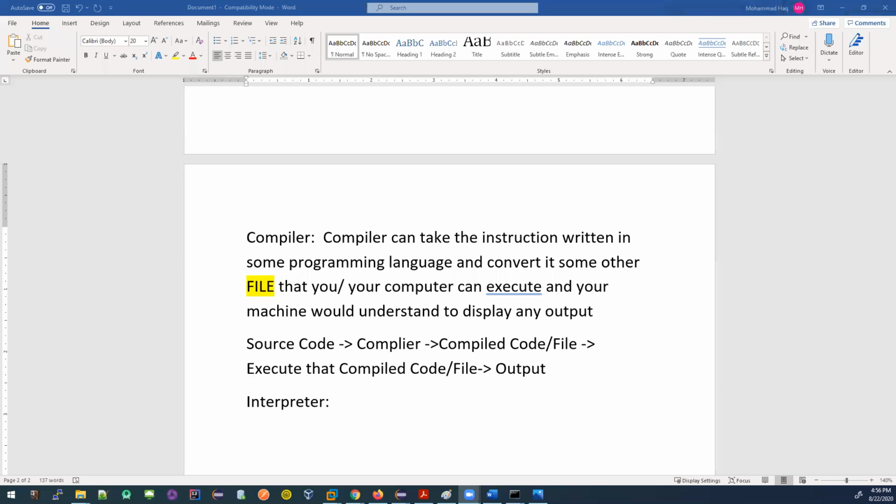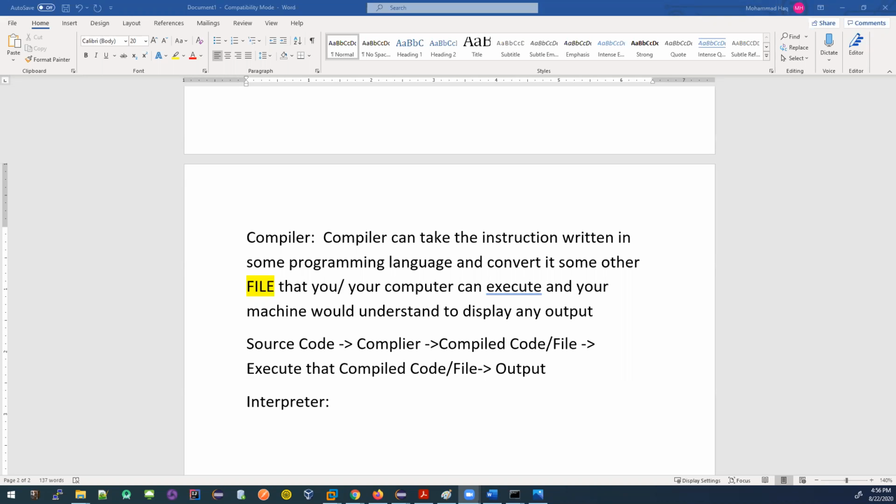To get it done, the compiler and interpreter do the same thing, but the way they do it is different. A compiler creates a separate file, and you execute that file to get the output. For an interpreter, you are not getting any separate file. It's basically going through every single statement or line written in the code and executing it right away.